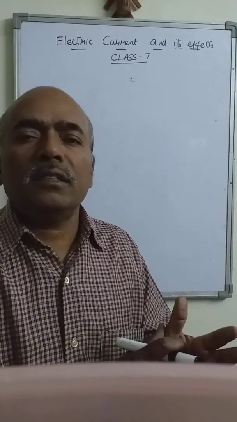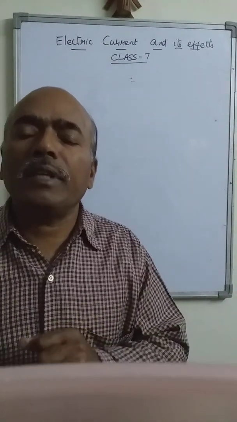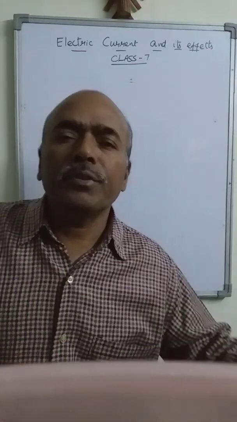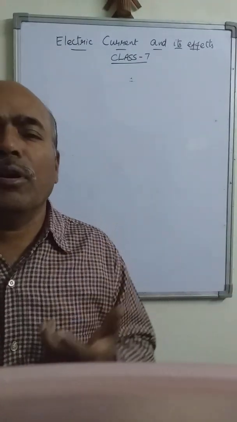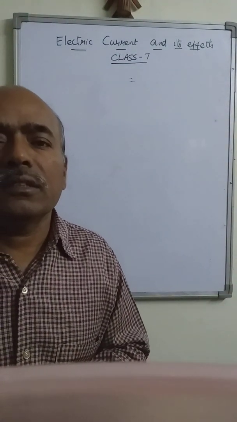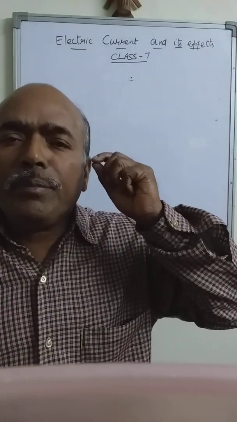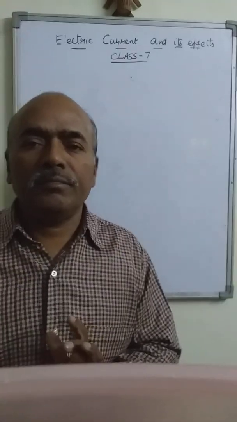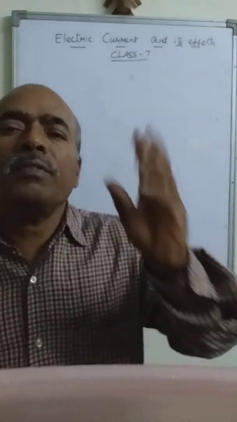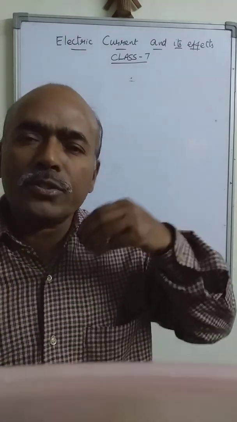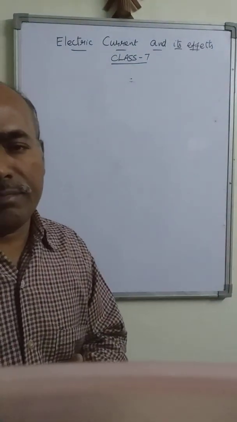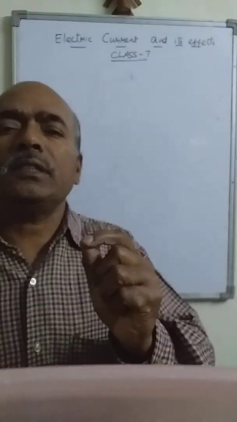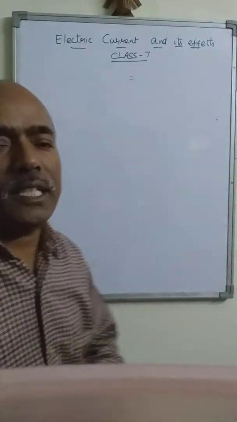The washing machine is also working with the help of electric current. After working for some time, if you touch it, then it also becomes hot. So that means when we pass electric current through any appliance, it becomes hotter. This we call the effect of electric current. There are so many effects of electric current, but at this level, we are going to discuss the two main effects of electric current.